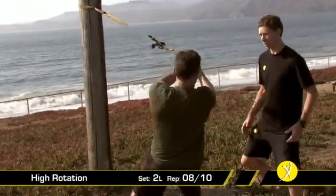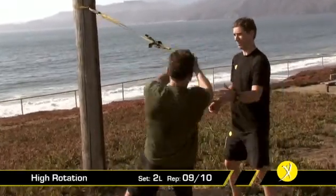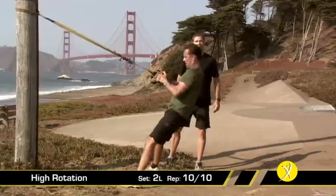Last two, come on now. Straight towards me. Hop. Beautiful. All right, so now we're going to take